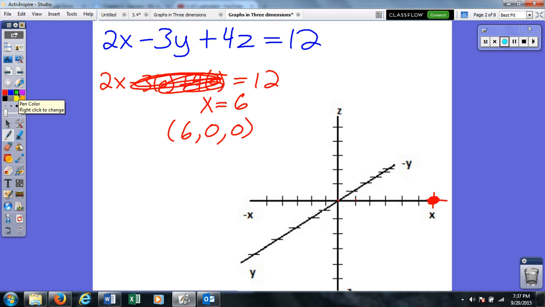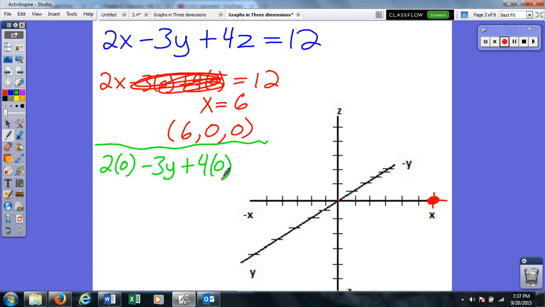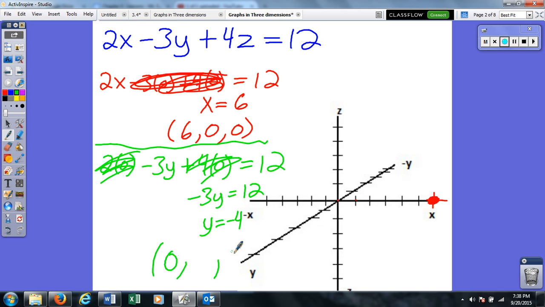Now let's find, how about the y-intercept? The y-intercept is going to be where x and z are 0. So let's plug in 0 for x and for z. Two times 0 goes away, 4 times 0 goes away. We end up with negative 3y equals 12. Solve that by dividing by negative 3, and we get y equals negative 4. So for this one, we plugged in 0 for x, we plugged in 0 for z, and we ended up with